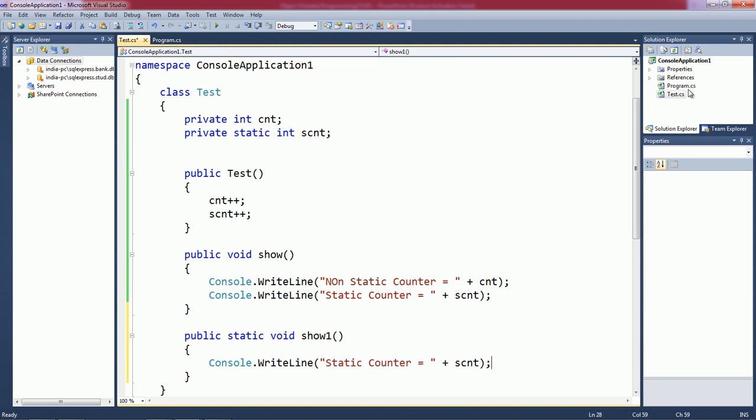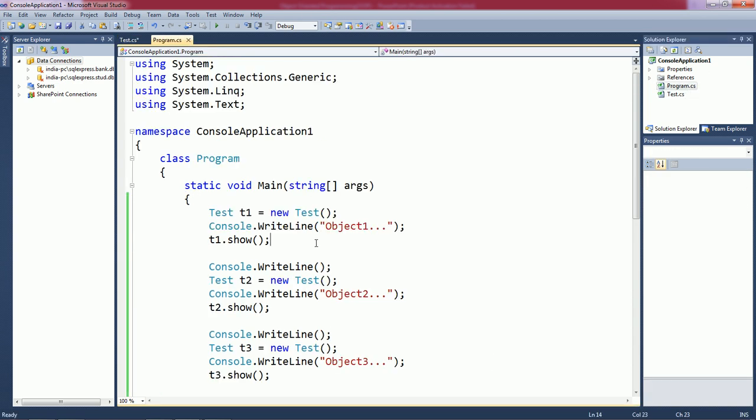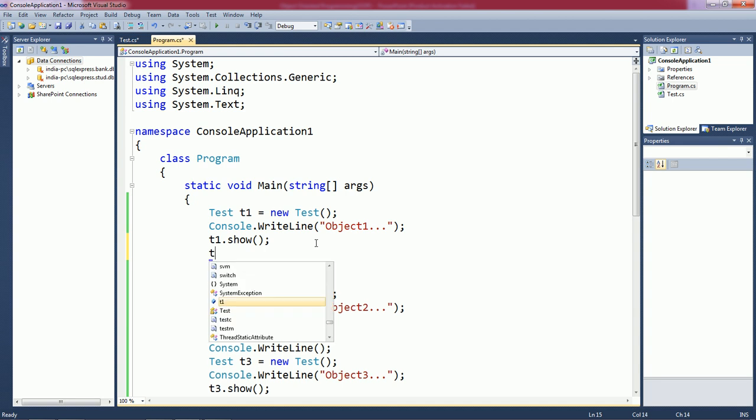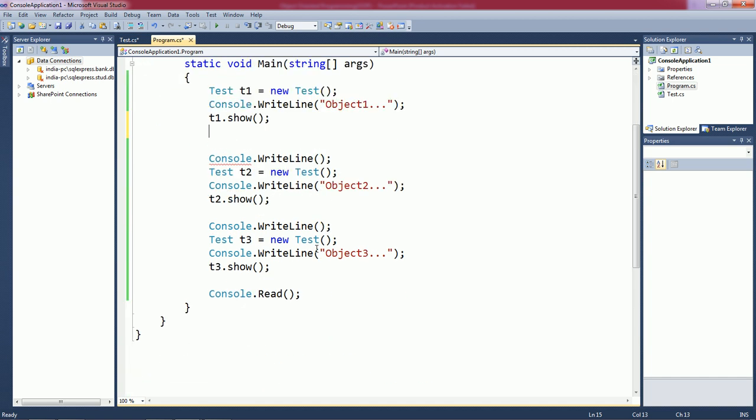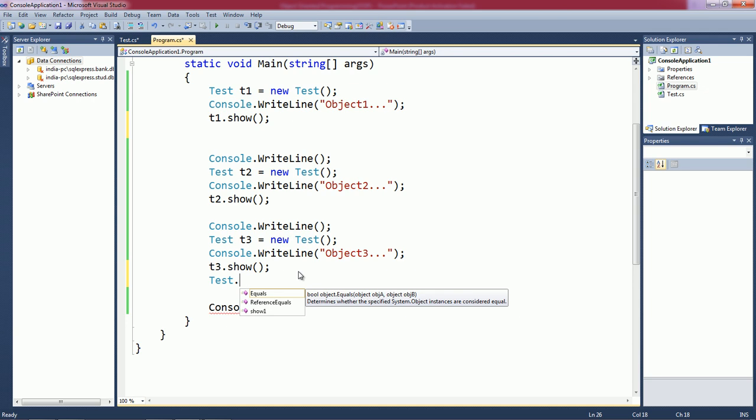But if you try to call this function by using an object, then it is not possible. Look carefully, after t1 dot, the show1 function is not available. Now how to call such a function? Such a function is always called by using the class name. Write the class name and give the dot operator. Here you find this function.